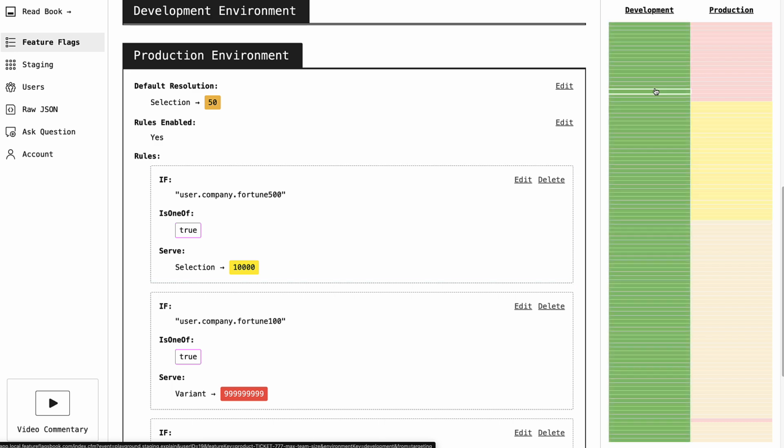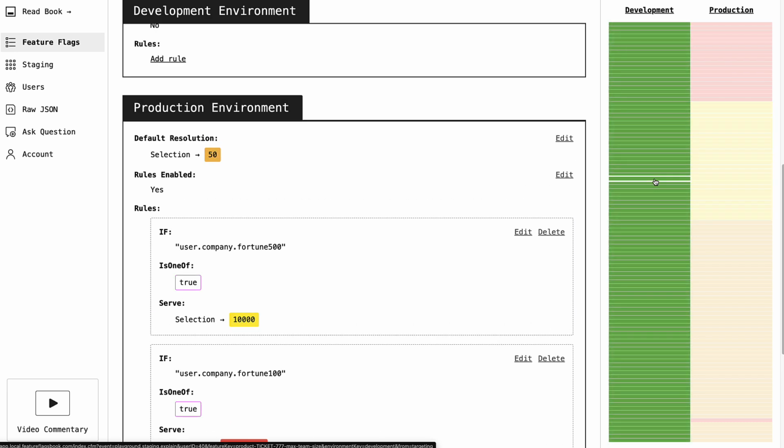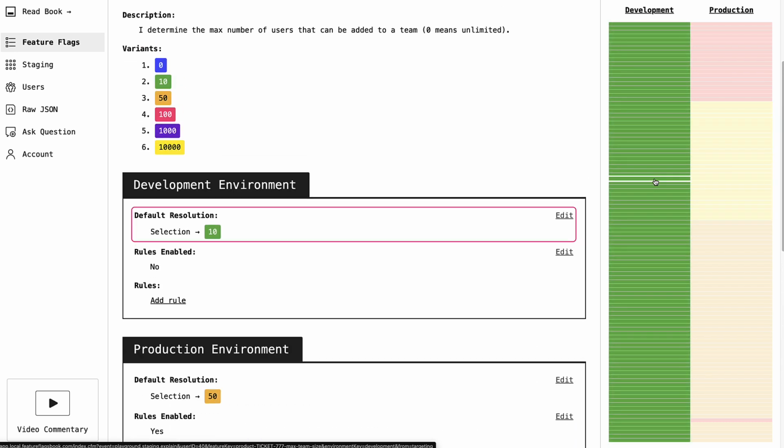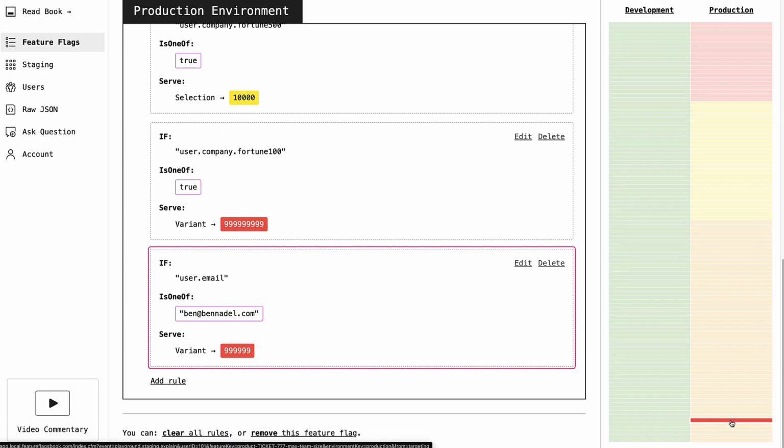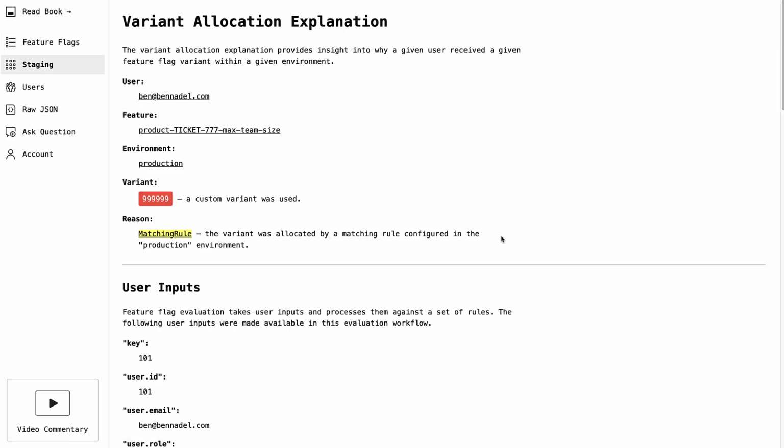At any time, you can click into one of these values and get more insight into why this variant is being allocated to this user. So for example, my user is this little hot pink bar down here on the bottom right, and I can click into it and I get this explanation page. It's saying that for my user, for this particular feature flag, in this particular environment, I've received this variant because